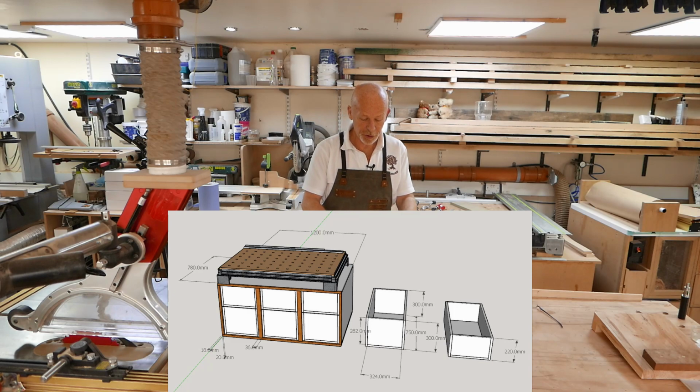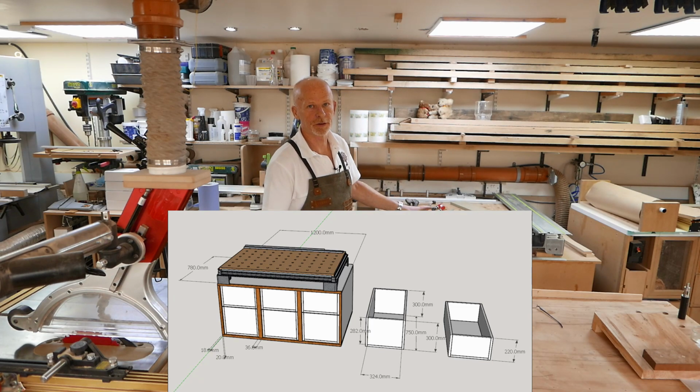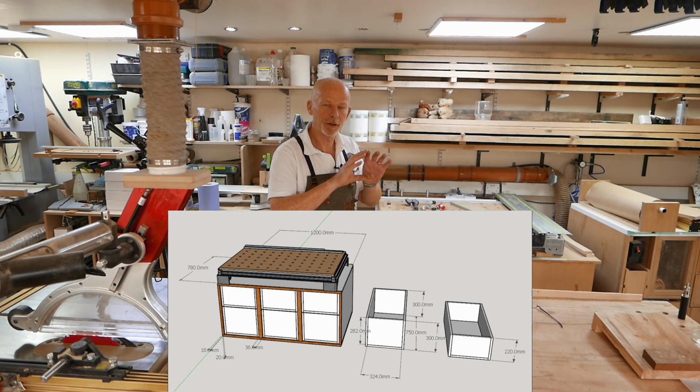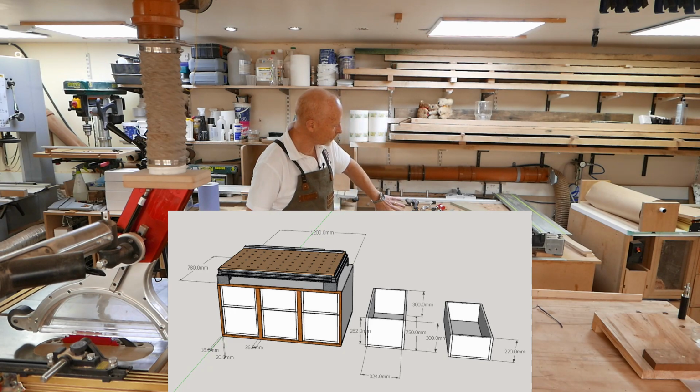There's going to be drawers across the bottom, as you can see, 3 larger drawers and 3 narrower drawers. I want to get some of my hand tools closer to where I'm working most of the time. I'm going to mount a hardwood frame across the front so that I can drill domino slots in it and then use the dominoes as supports for anything that I want to clamp on the face of it,